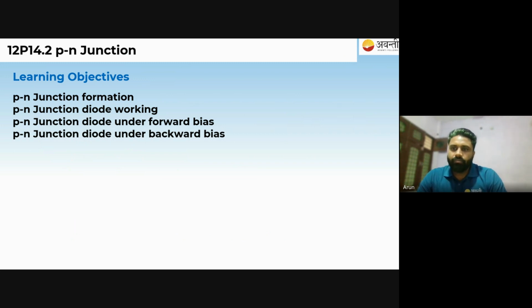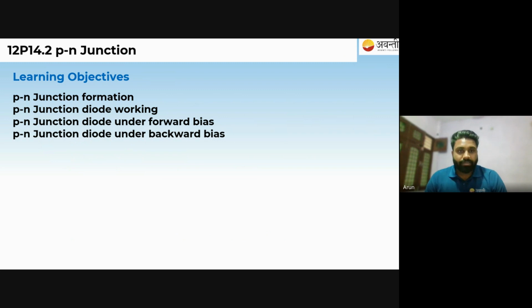So what we are going to do is combine them and form a PN junction diode. We will see how this formation happens and what the working of this diode is,